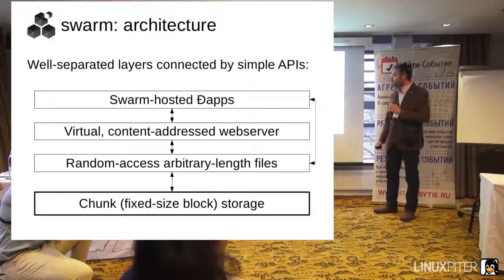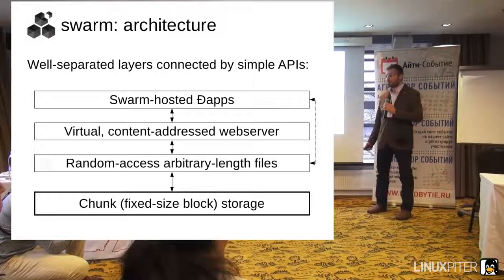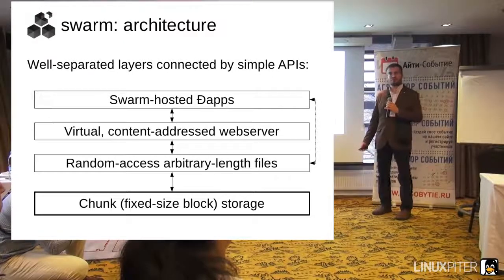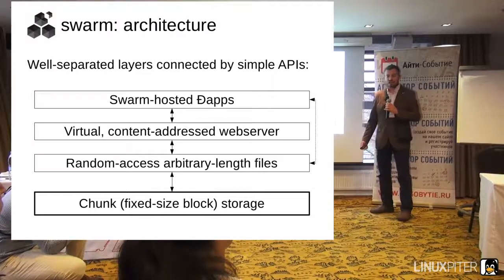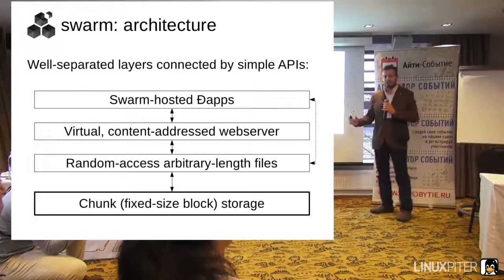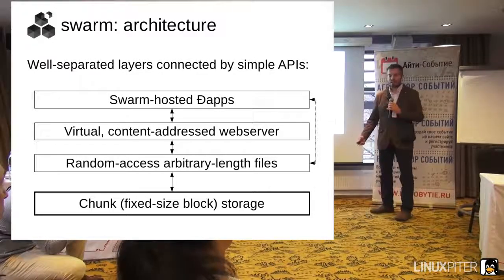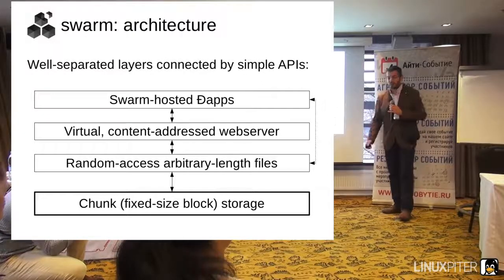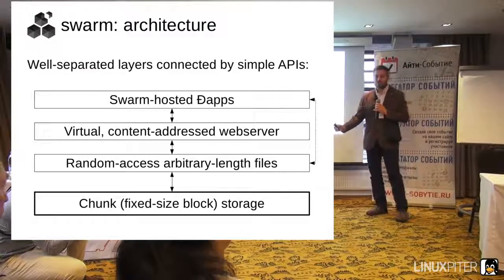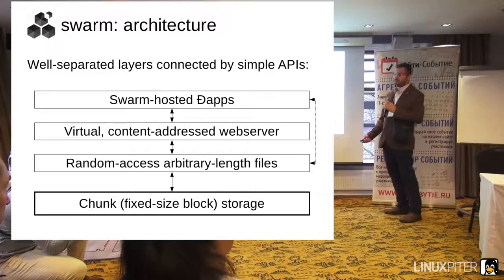Above that layer, we have random access arbitrary length files. They are organized into Merkle trees, for those of you who are familiar with it. The basic idea is that each file is protected by a hash, but you can verify that any part of that file is still part of that file without hashing the whole thing. So I can have a terabyte-long file, yet it is hashed in such a special way that if I only request a few kilobytes from the middle, I can still verify cheaply that it's part of that same hash, so it's part of that file and not something else.